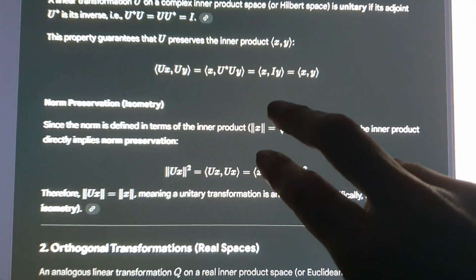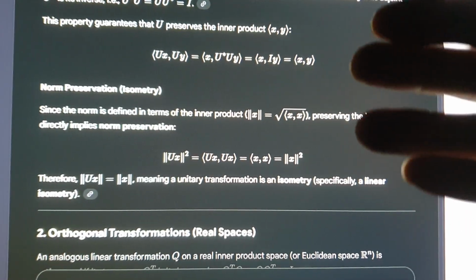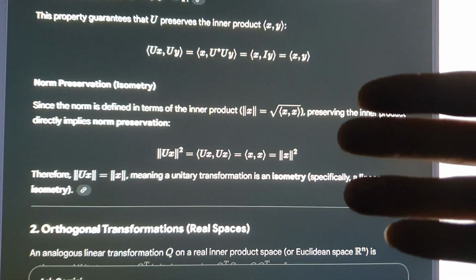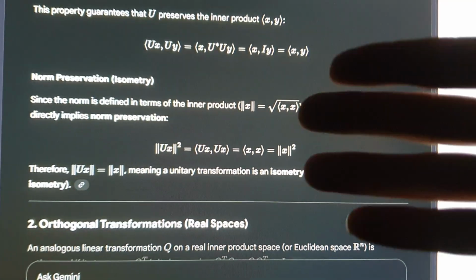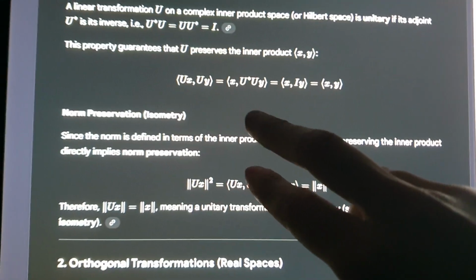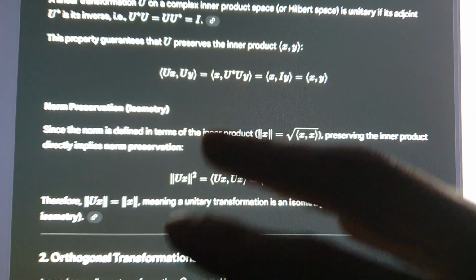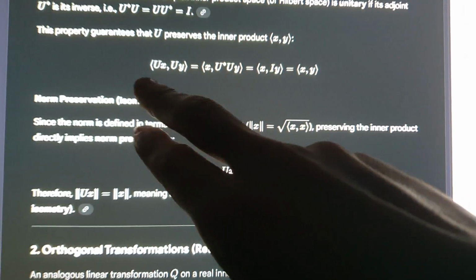Okay, so let's look at a very nice proof that shows us why unitary transformations, and by that you can conclude also orthogonal transformations in the real space, but let's talk more generally on the complex space, so we'll talk about unitary transformations. It will show us in a very simple way why unitary transformations preserve the inner